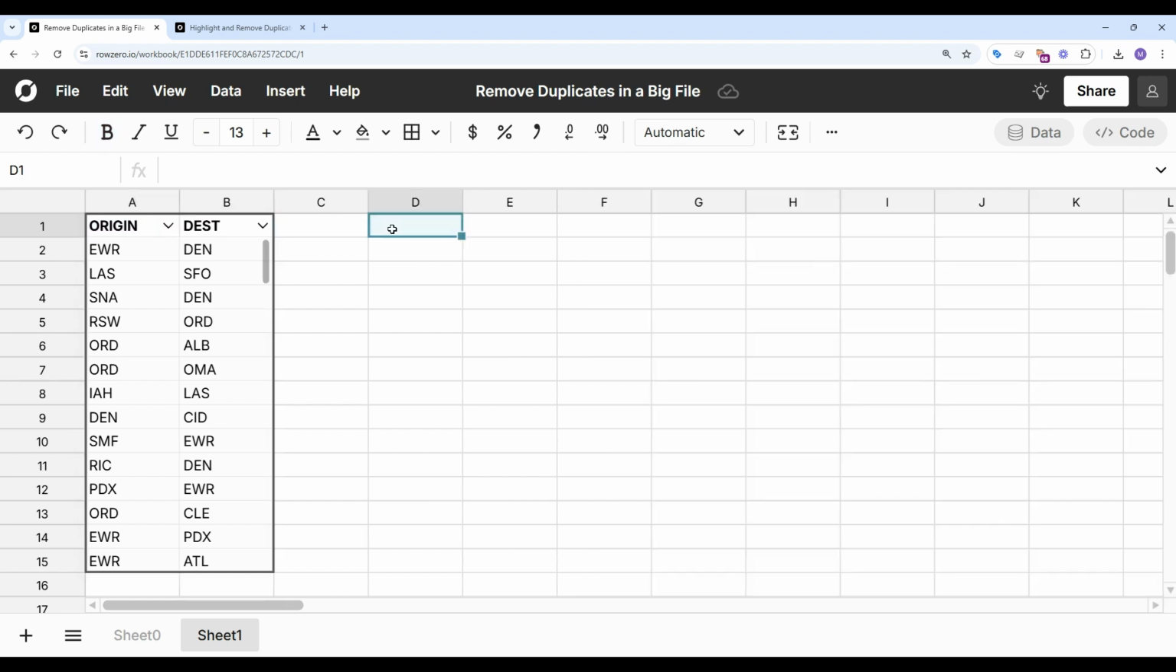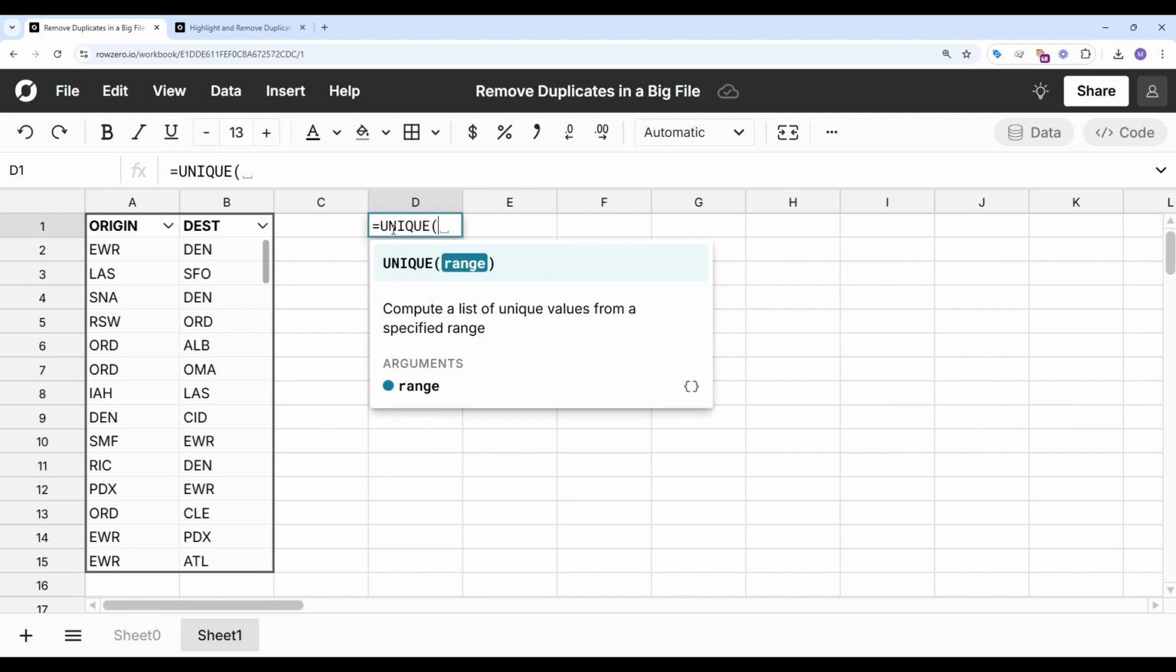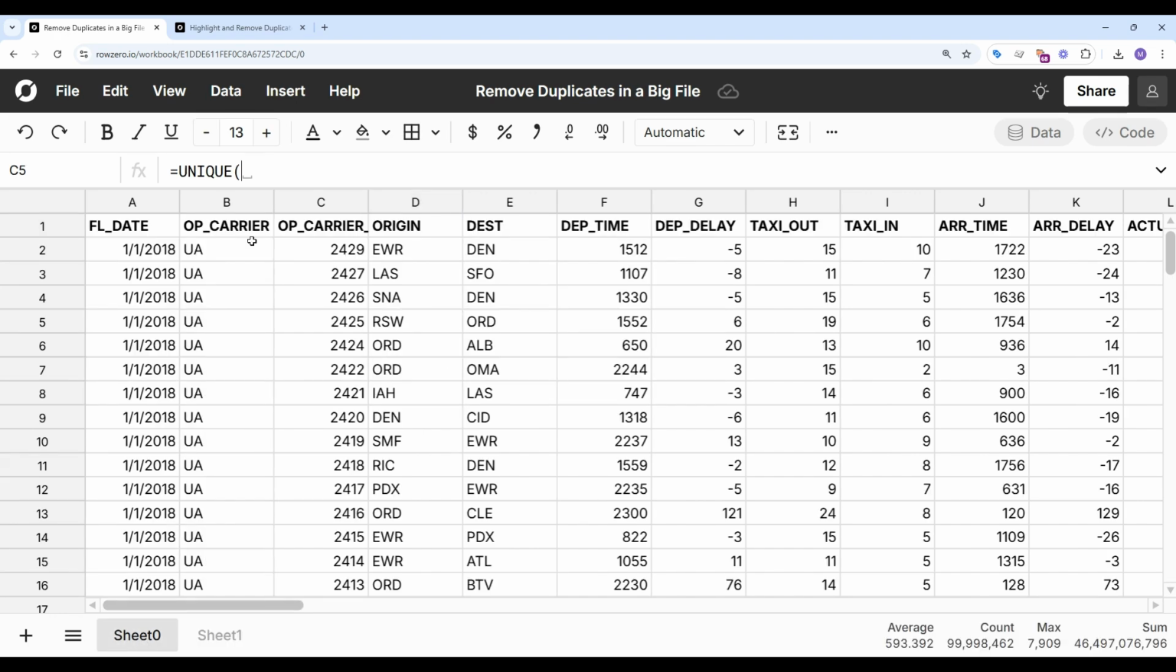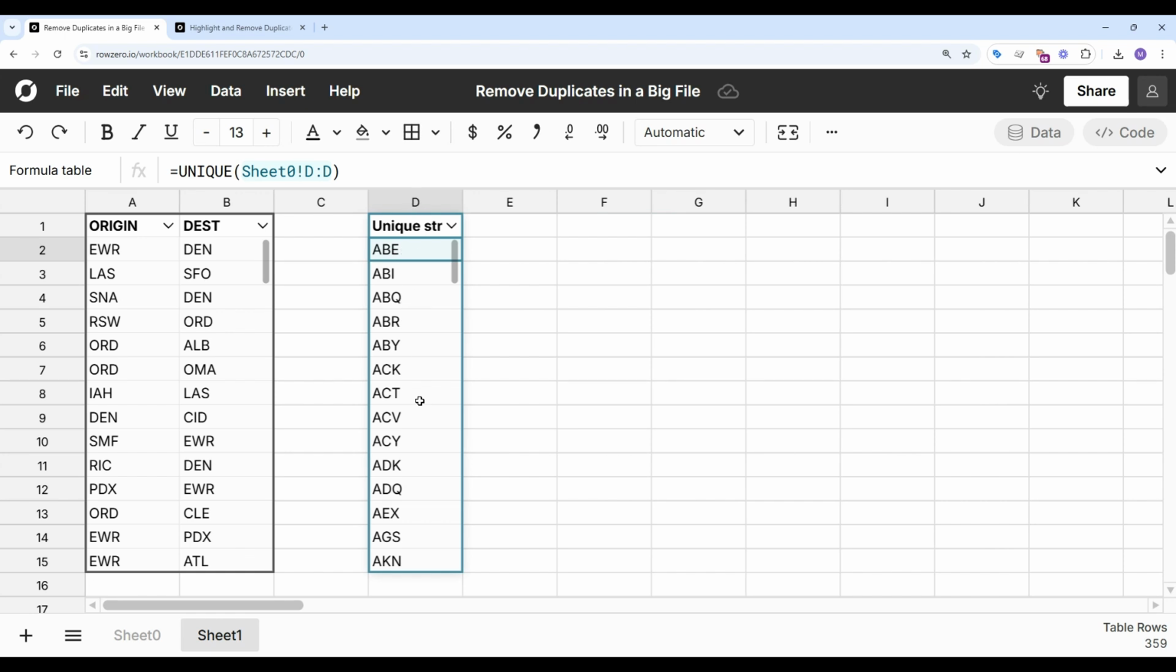And in addition to pivot tables, I can also use a couple of formulas. So there's a unique formula. If I select my range, this is a quick way to create a list of all of the unique values in a range. So you can see again here 359. Or I could change this to count unique,